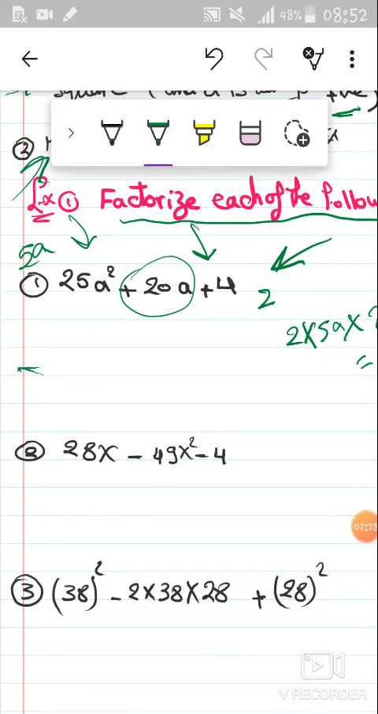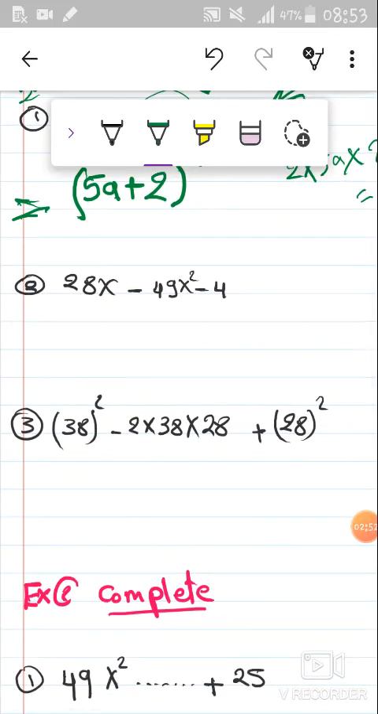So the factorization of this term is directly: we open a bracket and put power 2, the square root of the first, which is 5a, the square root of the last term, which is 2, and we put the sign of the middle, positive. Okay,